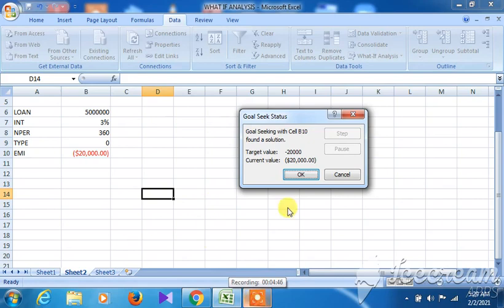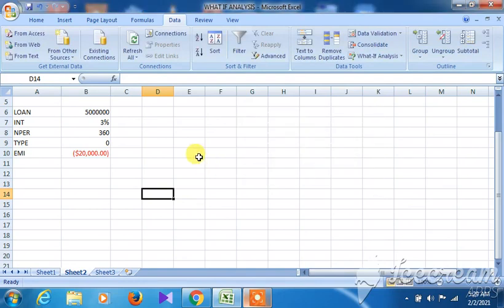All right, so students, I think you have understood this one, and I am clicking on OK now to go back to the original. If you click on OK, this will be set, and if you cancel, then you will come back. So students, this is goal seek. When I clicked on OK, it came back to the target value only. This is what goal seek actually says.